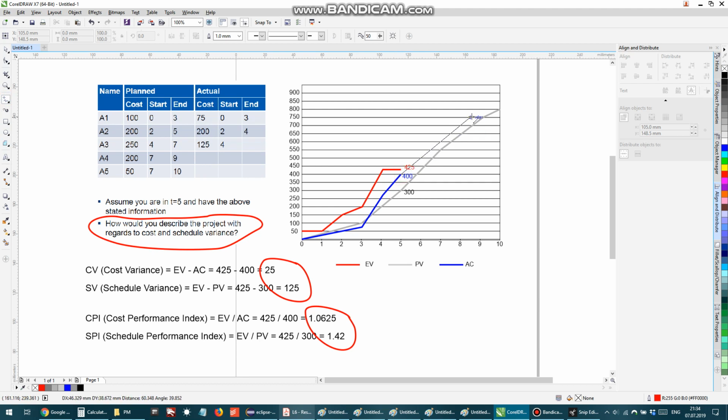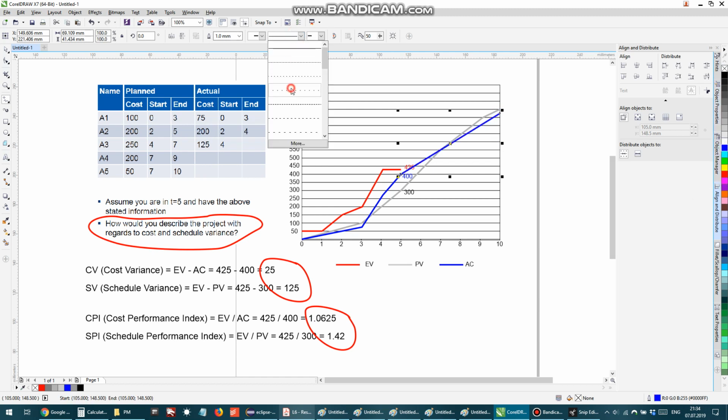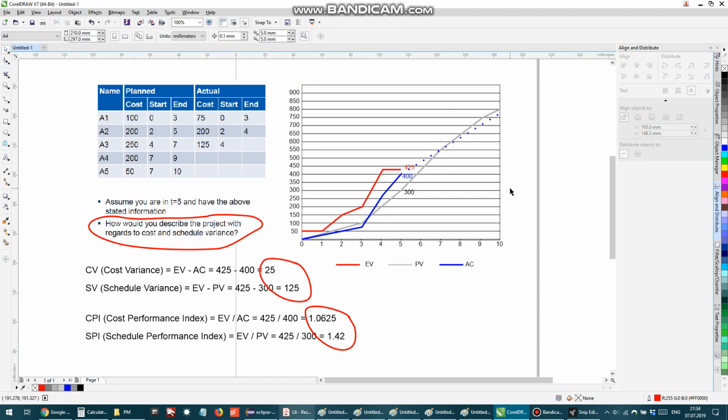Actual cost will be 753 by end of the project. So something like this. You draw and you explain that, okay, if we go as we are now, then we'll end up with